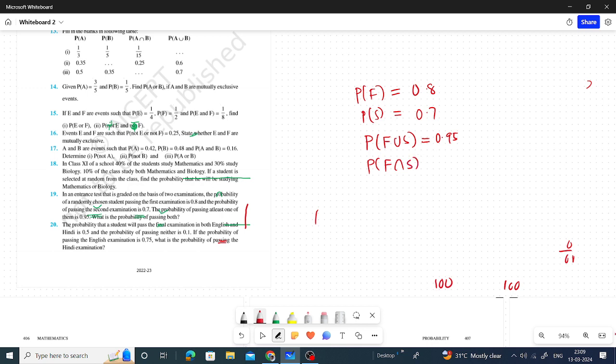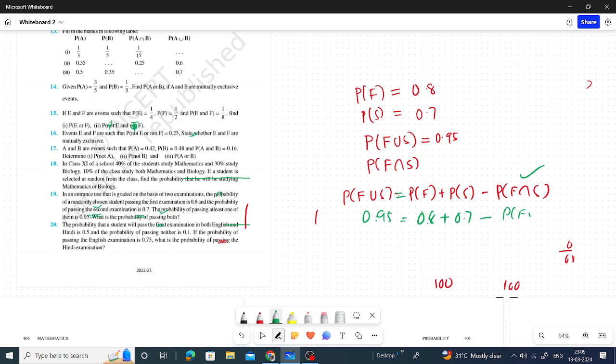So very easy. Probability of F union S is equal to probability of F plus probability of S minus probability of F intersection S. This value we have to find out, and all other quantities are given. 0.95 equals 0.8 plus 0.7 minus the probability of F intersection S, which we don't know. You bring it here, and the probability of F intersection S becomes